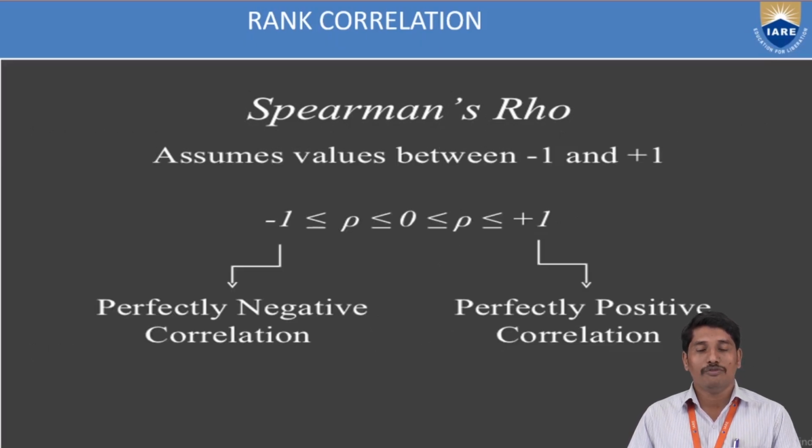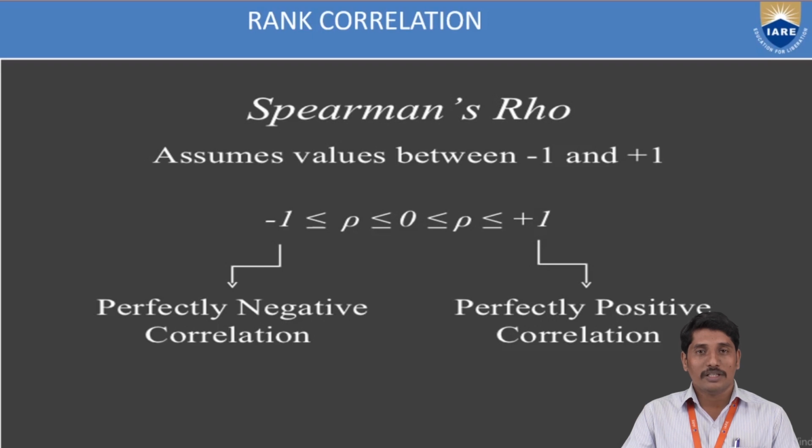So here, before going to a problem, we'll discuss the properties of the Spearman's correlation coefficient, that is rho. As Karl Pearson's coefficient of correlation ranges between -1 and +1, the Spearman's coefficient of correlation rho will also range between -1 and +1. The question is why? Because Spearman's coefficient of correlation is nothing but a simple deduction of Karl Pearson's coefficient of correlation